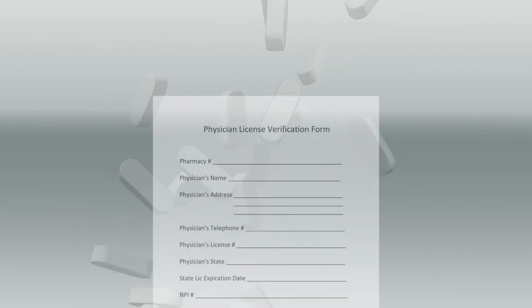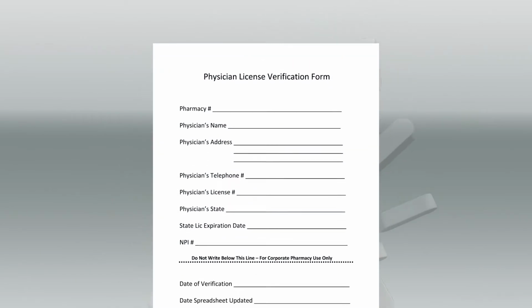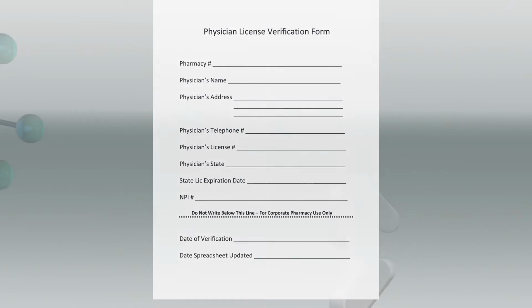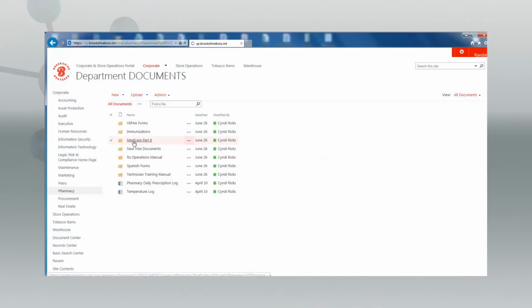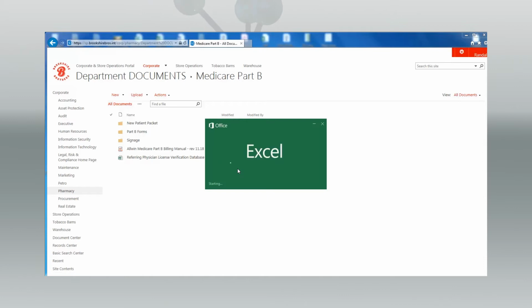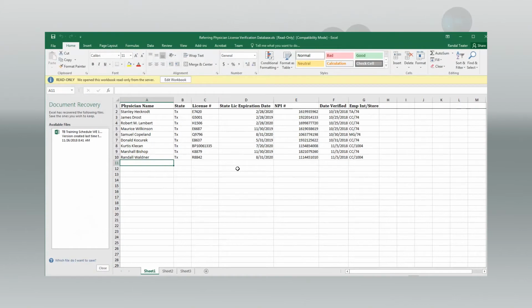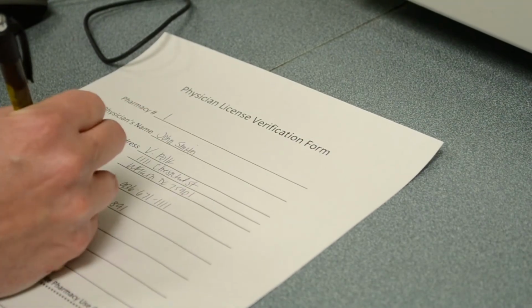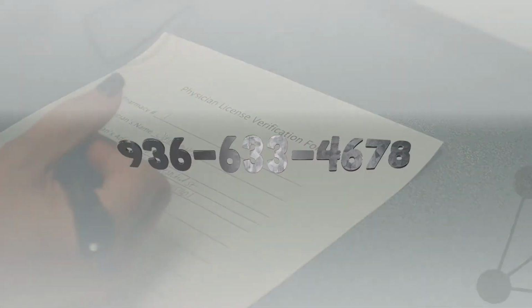In the event you need to have a CMN completed, contact the Pharmacy Help Desk for assistance finding the correct version of the CMN. The Physician License Verification Form should be completed if the physician's license information is not already listed in the Physician License Verification Database found on the pharmacy page of CSOP. If the physician's name is not listed on the spreadsheet, you will need to complete the Physician License Verification Form and fax it to the Pharmacy Help Desk at